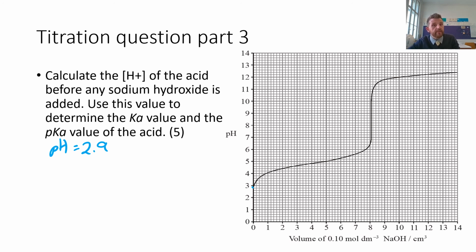Seems good enough to me. So then 2.9 is equal to the negative log of the concentration of H plus. Therefore, the concentration of H plus is equal to 10 to the negative 2.9,